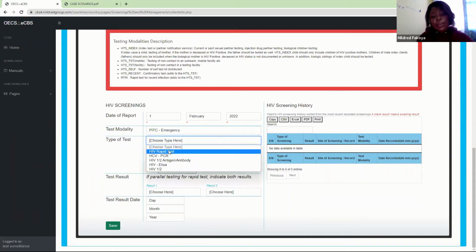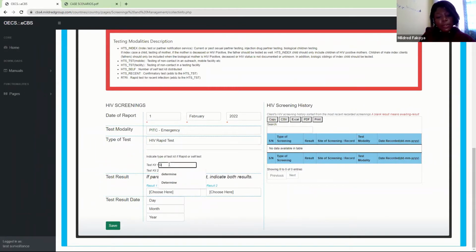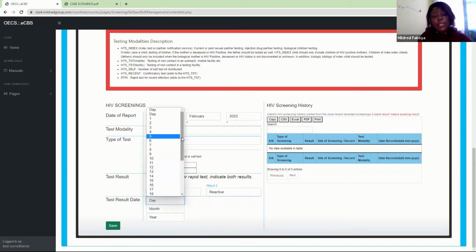The type of test, we are going to start with the rapid test. Let's say we are going to use Determine, and we are doing a serial test. So we'll do Determine first, and Determine is reactive. I decide that I am not entering this record until I'm done and I've seen the test results. Because I see that Determine is reactive, I'm going to do the Unigold, and I'm going to have the result as reactive also. Now I'm going to conclude this, and I will put the date of the results, which is 1st day of February